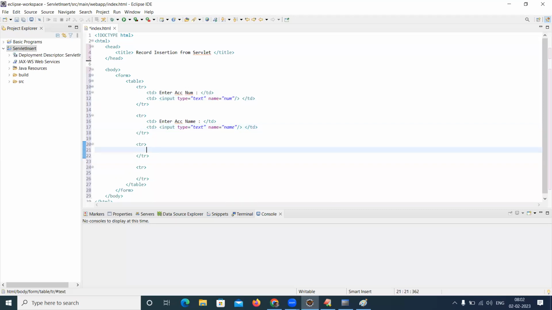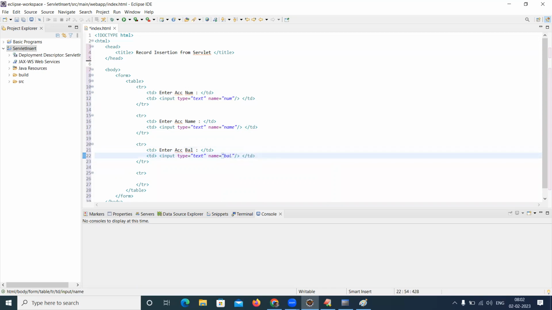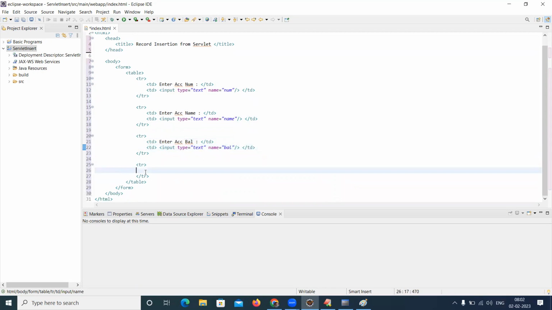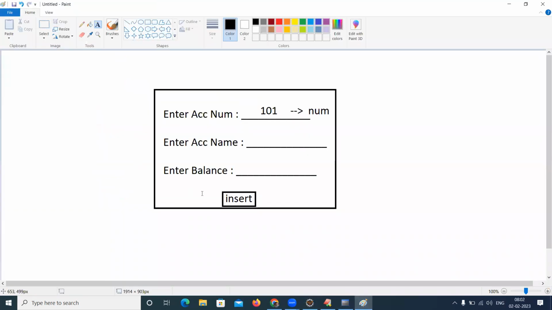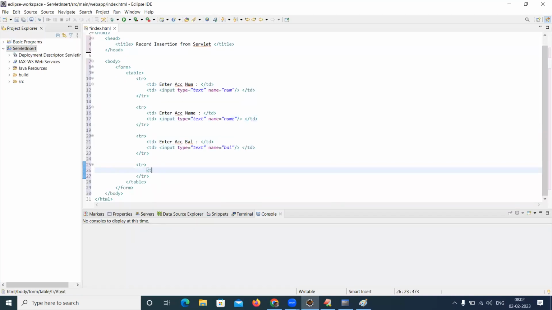And in the third row, what is that? Account balance. Enter account balance, and here it is a text box. We are just giving BAL. And in the last one, here it is only one column. If you want to make it center, of course it will come in the first column, whenever you are writing the insert button. TD input